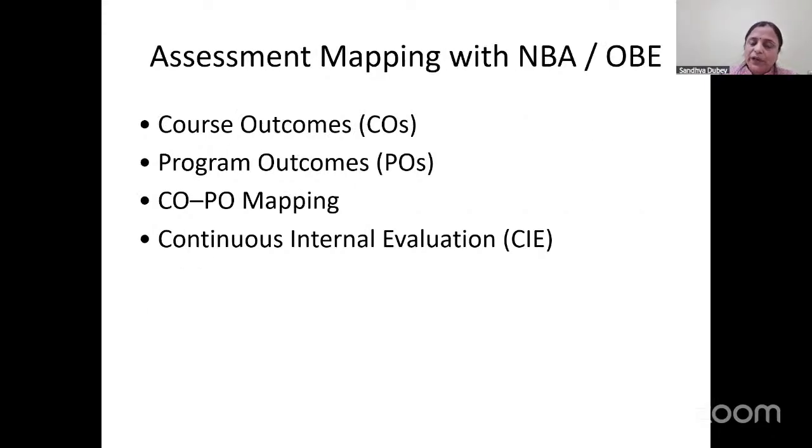It also helps you. For me, most of the time was getting wasted in performing the CO-PO mapping. How the course outcome, how I am going to do it, all these things are reduced after starting the use of this LMS tool. The course outcome I have defined, I have mapped it. At last, I can have a single Excel sheet, download it, and from there I'll have the marks for each course outcome, and I can put it into the sheet for the CO-PO mapping. It is not zero manual work. There is some, but 75% of the task is reduced.